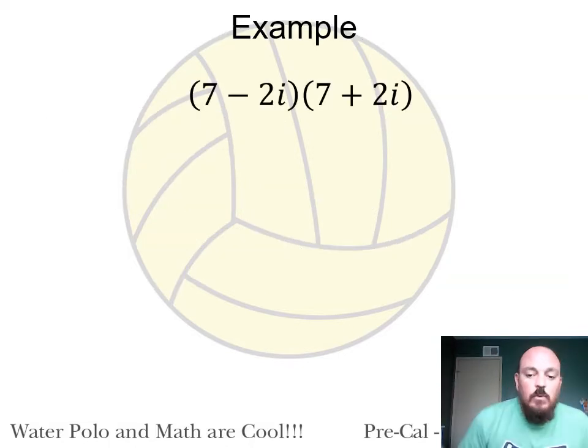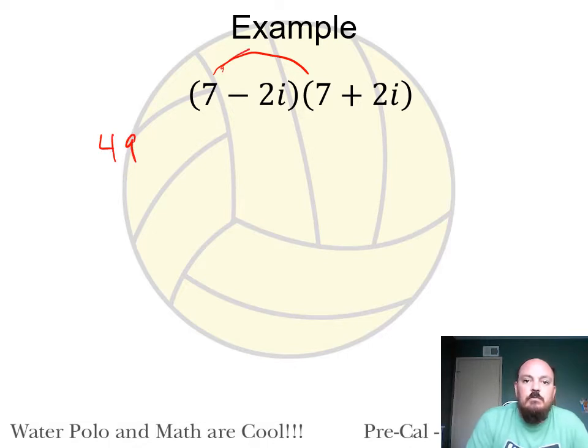This is good because number one, it's one more practice multiplying problem, but also you'll see, I think, why conjugates work out. So this is 7 minus 2i times 7 plus 2i. They're definitely conjugates, same number, but one with a plus and one with a minus. If we start multiplying, you have 7 times 7 is 49. You have 7 times 2i is positive 14i. You have -2i times 7 is negative 14i. And then you have -2i times positive 2i would be